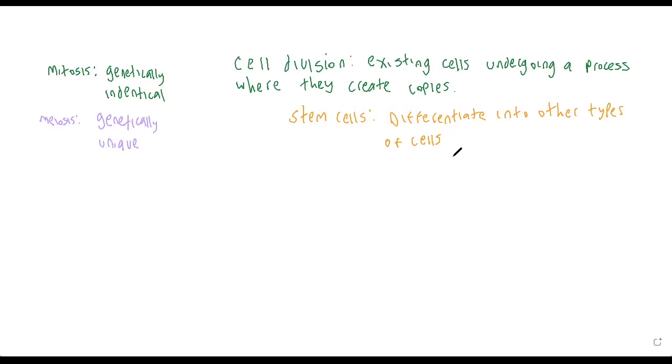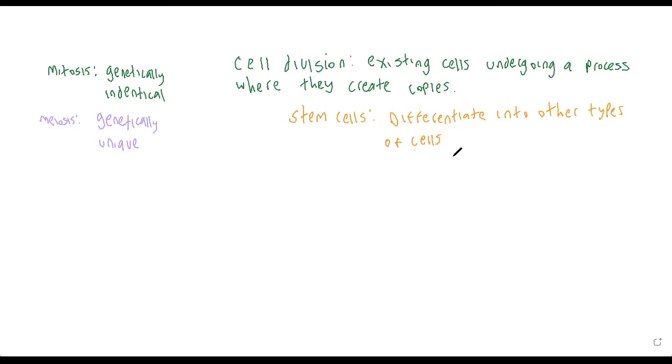Other examples are erythrocytes, also known as red blood cells. Red blood cells actually have a very finite lifespan because, since they're literally just bags of a protein called hemoglobin, they don't have the ability to sustain their own life. So after a period of time, those red blood cells are broken down by the liver and turned into a compound called bile. And then there are stem cells in your bone marrow that keep on producing new red